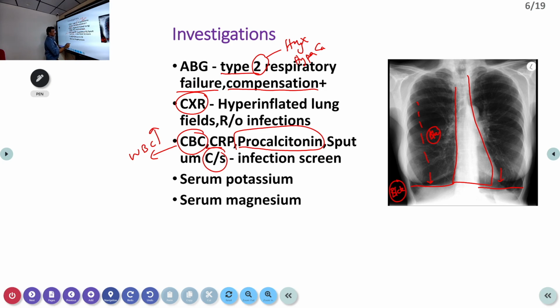Potassium and magnesium are very important because when you give salbutamol nebulization to any patient, potassium levels can be depleted. We know that potassium is very important for muscle, especially respiratory muscle. If respiratory muscle weakness occurs due to hypokalemia, the breathing difficulty will increase. Magnesium is also known to produce bronchodilation, and low magnesium levels are always associated with exacerbation of COPD. So we have to correct magnesium along with potassium.